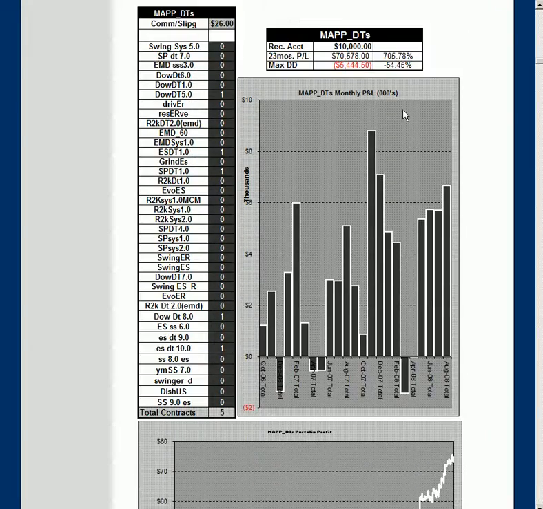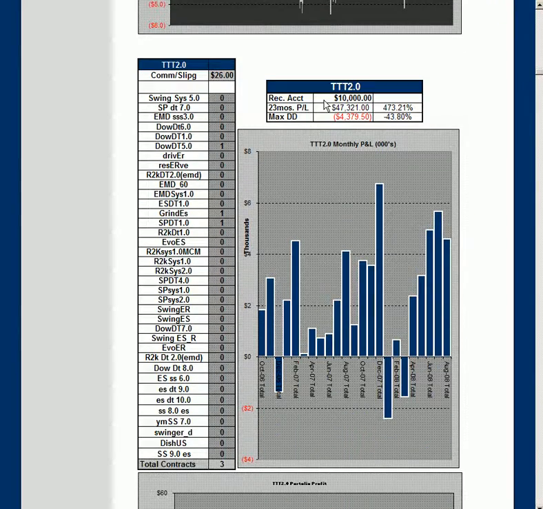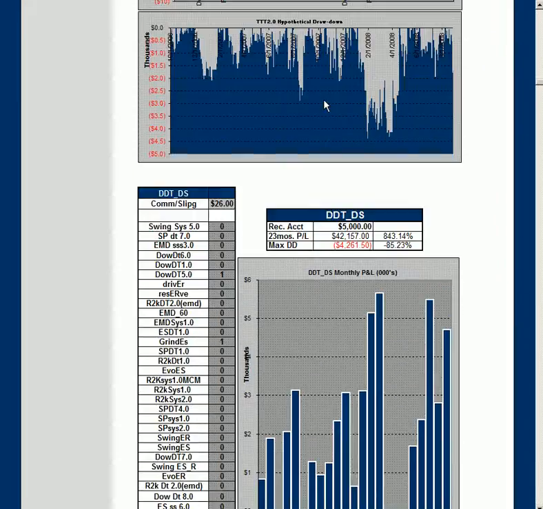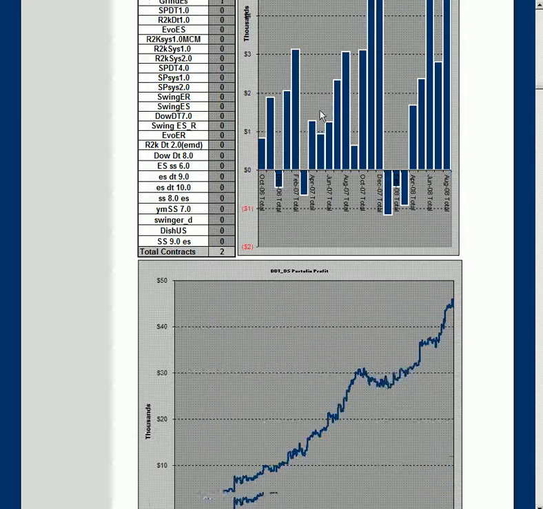DTS is actually the better portfolio here as well, up an astonishing 706%. So 2 of these would obviously be better than just the MapDT itself. 705% against, of course, a little bit more risk at 54.45%. Triple Threat Trader of almost 500% against 43.8% risk. Dual Day Trader, very popular portfolio, up an astounding 850%. This is the leader in terms of return. Obviously, some serious risk there,